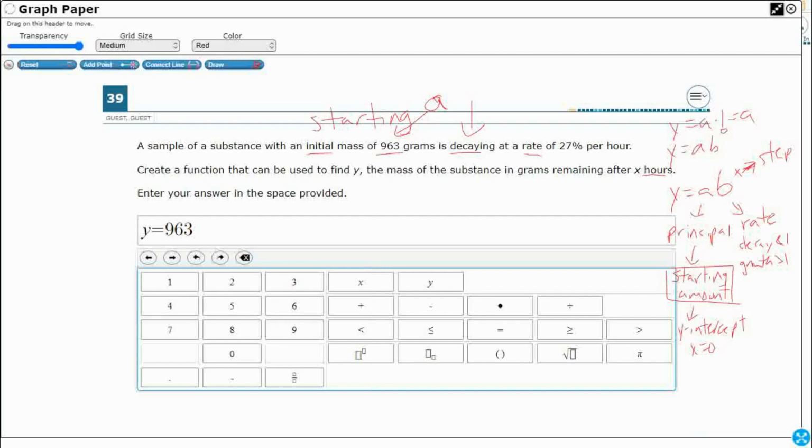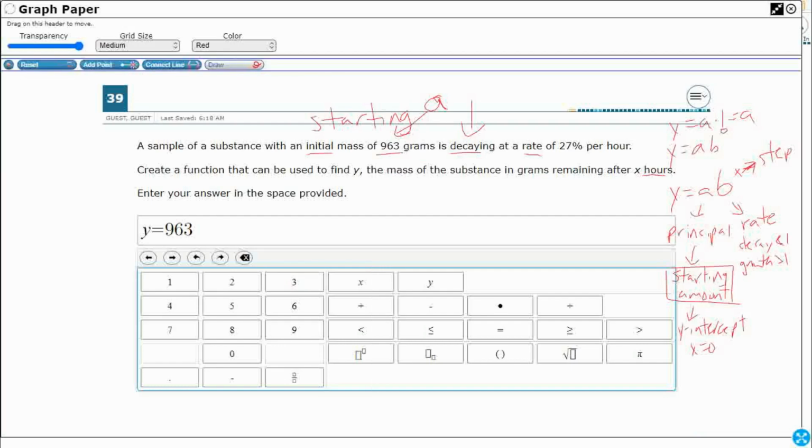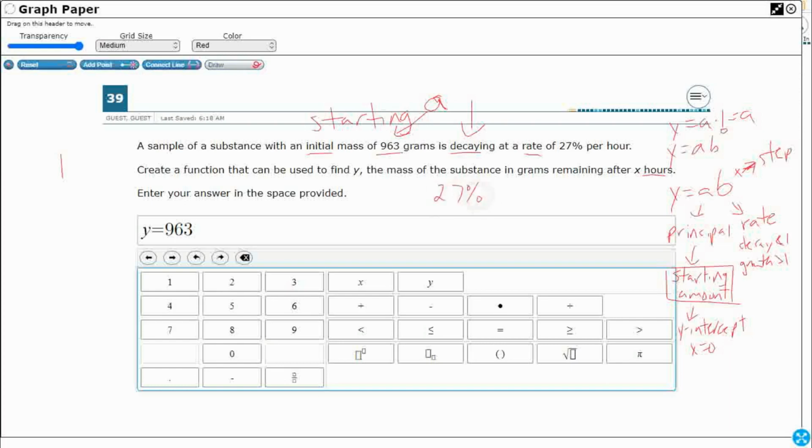Now, all we got to do is find our b, and we're good to go. So it is a decay rate, which means it's getting smaller. Now, the whole thing is going to be a 1. We need to take our 27% and turn it into a decimal, right? So we're going to take the decimal, move it over twice to the left, 0.27. So if the whole thing is 1, it's decreasing. That means we need to subtract